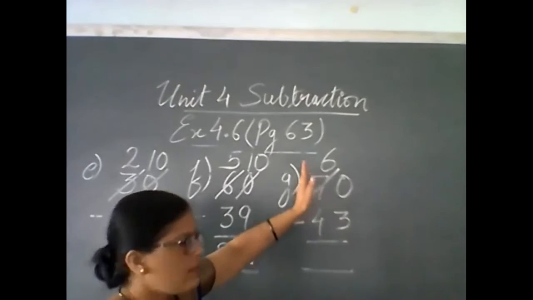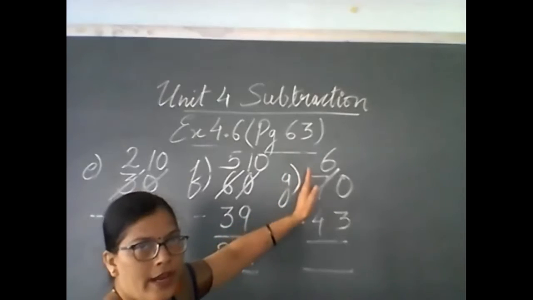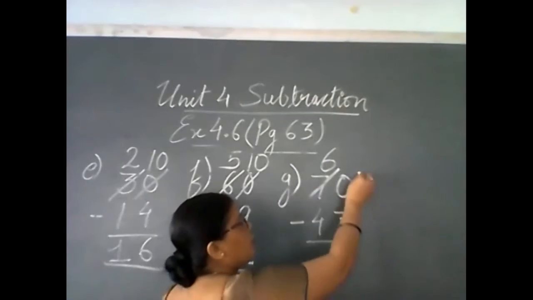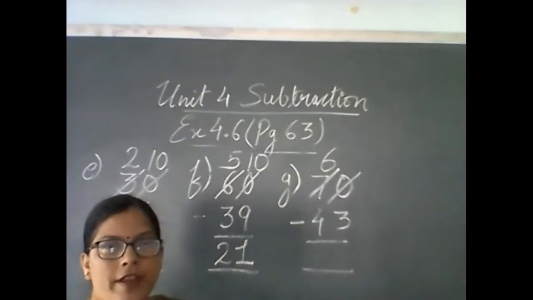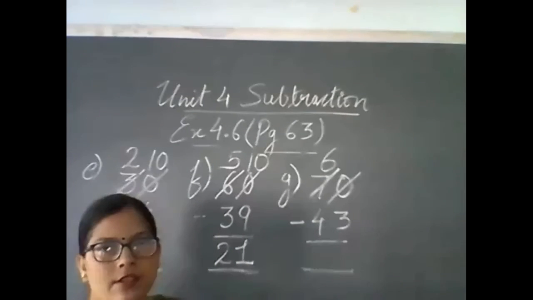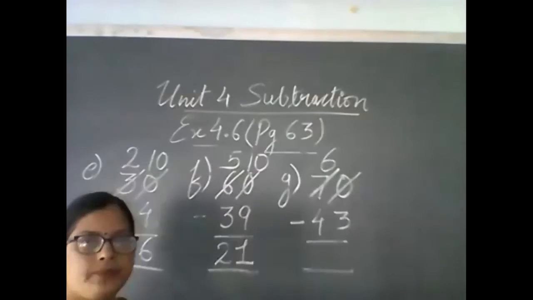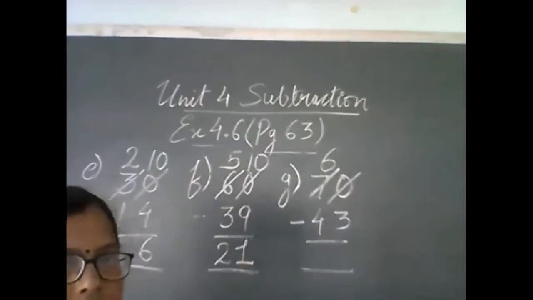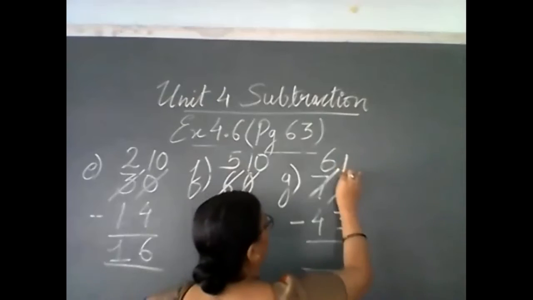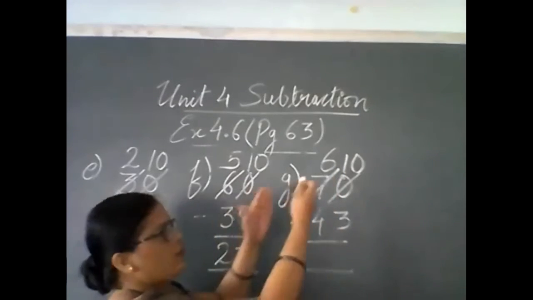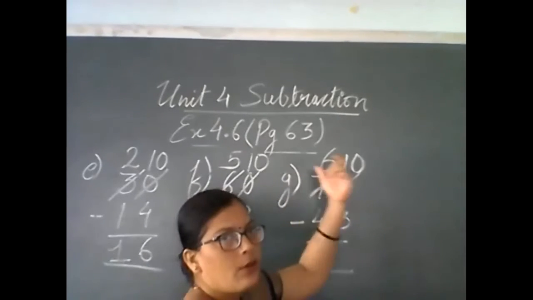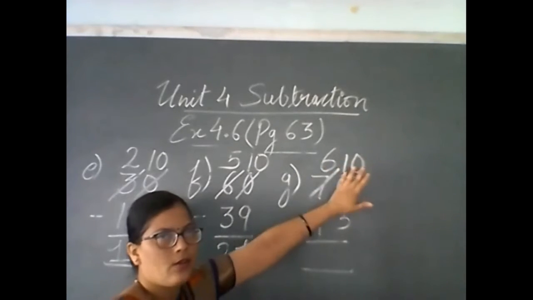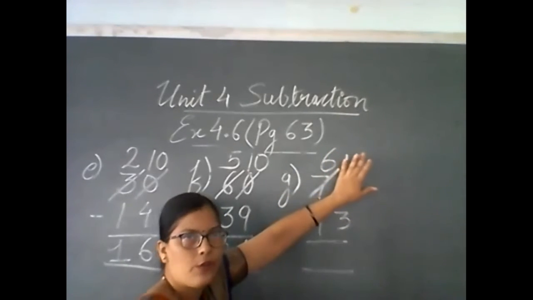So here you have changed the tens place. Now, when this borrowing passes to 1's place, what will be the change? The 0 becomes what? 0 क्या हो जाएगा? Yes, very good. 0 becomes 10. When 1 ten passes to 1's place, it gets converted into 10 ones. So 0 here becomes 10. This will be the change when we have 0 at 1's place.